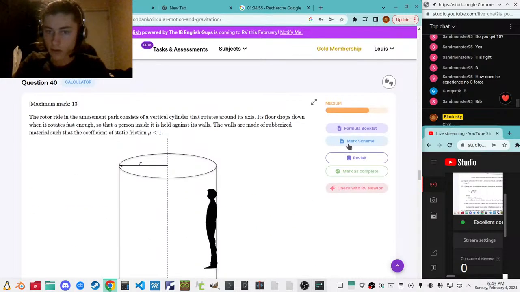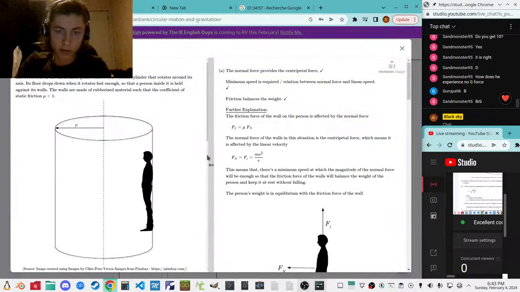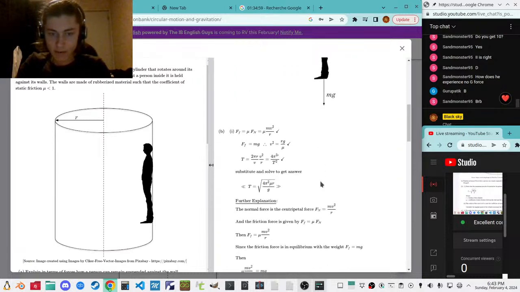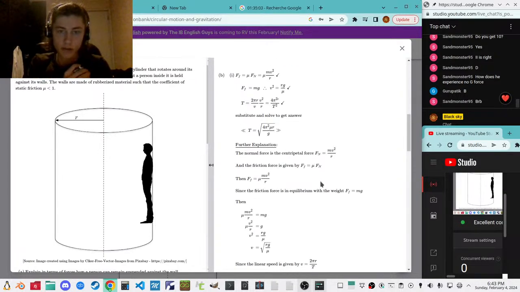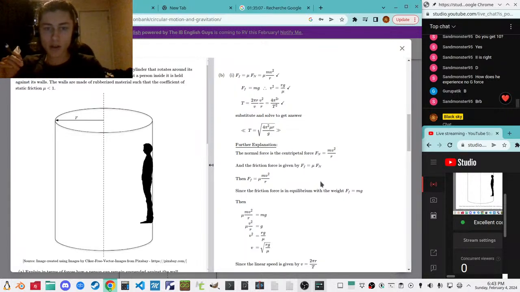Let's just see what's given. So F equals, okay, centripetal force. So that's Fn, normal reaction. Therefore,